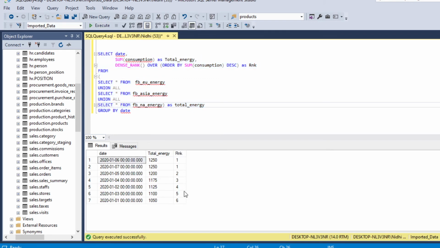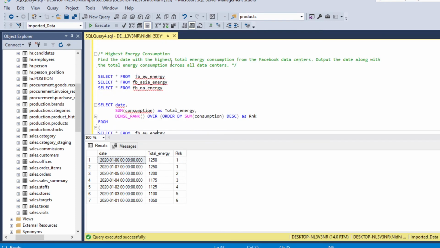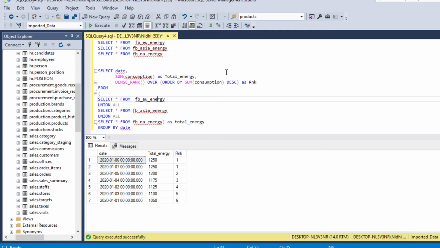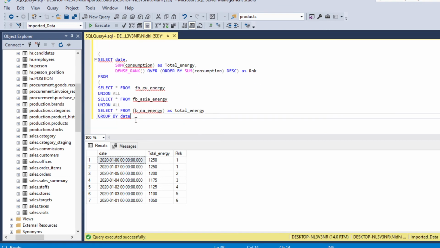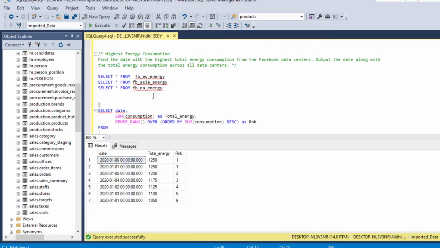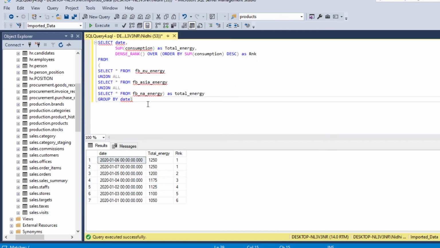Now we have got rank on our total energy. In order to find the date with the highest total energy consumption, we need to apply this filter: rank is equal to 1. So let's wrap this in brackets and use it as a subquery. What we need from here is date and total energy only, where rank is equal to 1. We will give it the name energy rank.